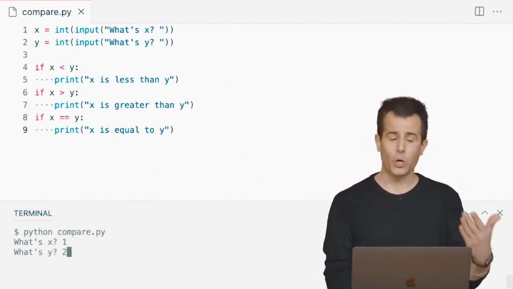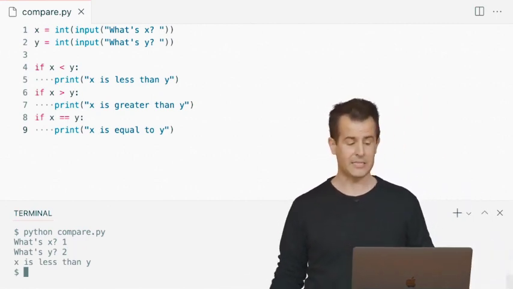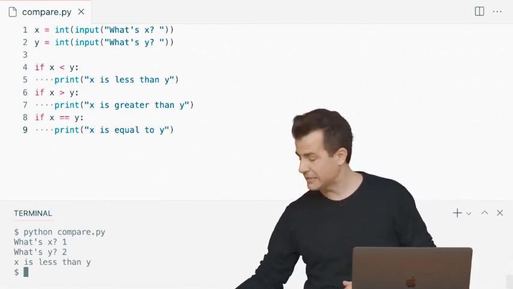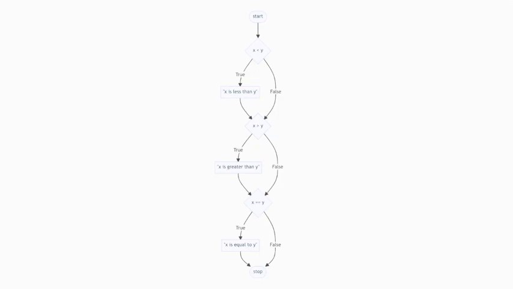This should, of course, execute that first line of code and tell me, indeed, that x is less than y, exactly as I would expect there. Well, what just happened, though, in code? Let's take a look at this same code visually, particularly if you're a more visual learner. This, I dare say, is what just happened.